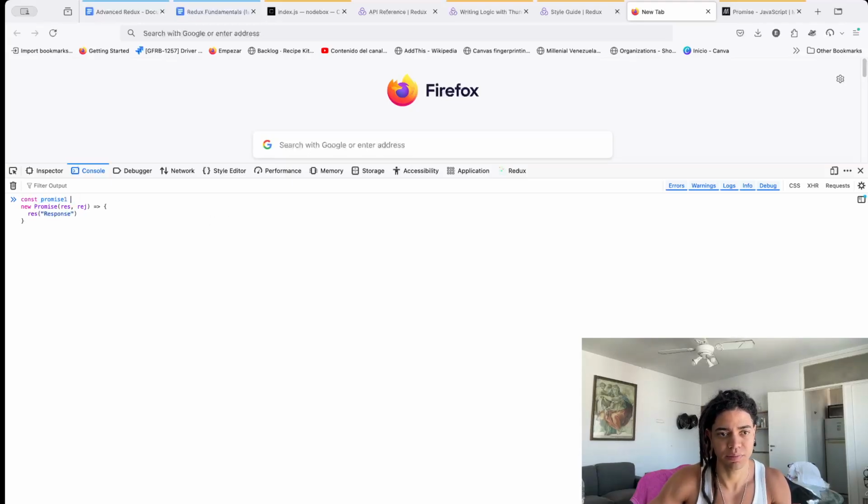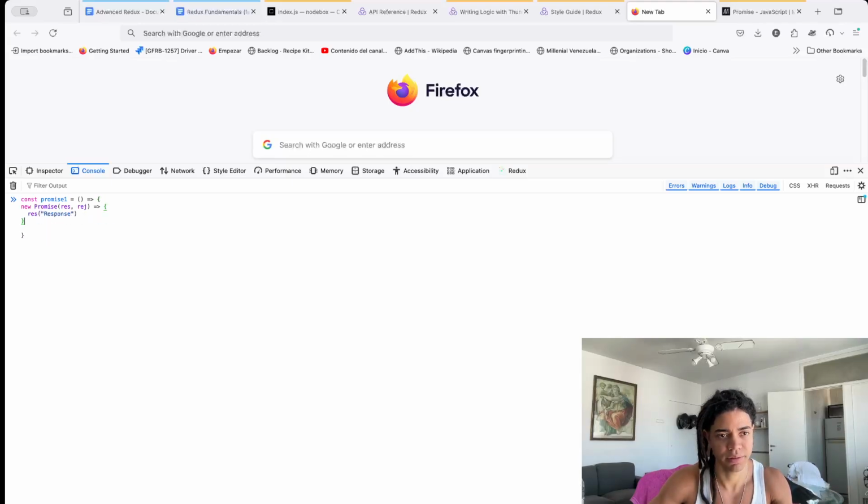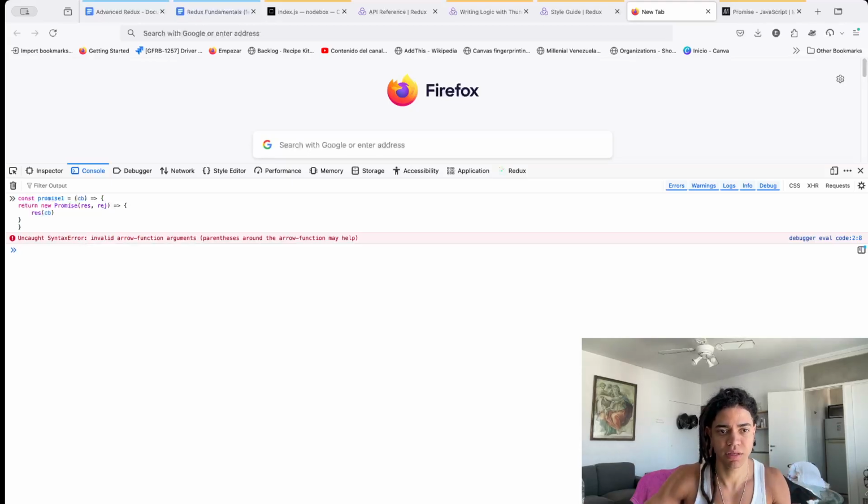You can say, hey, this will be a function that is going to return that. This is great because this is what I want to return: a new promise, but I want to execute the callback that you're passing to me. So far so good. Invalid arrow